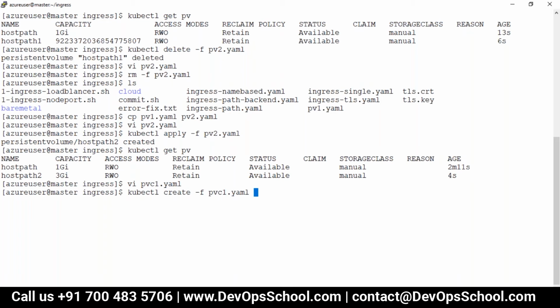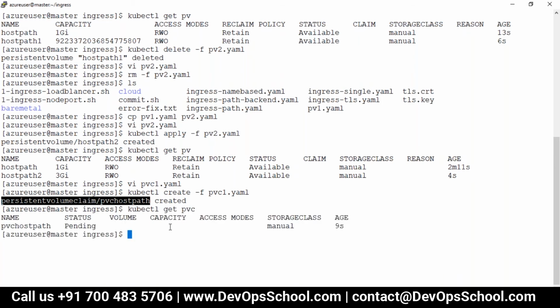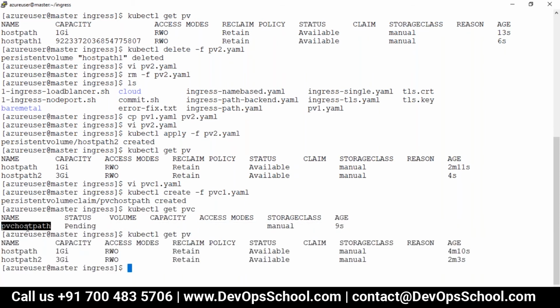PV is at the cluster level. PVC is at the namespace level. See here, the PVC got created, but it is pending. Why pending? Because 5 GB is not available.